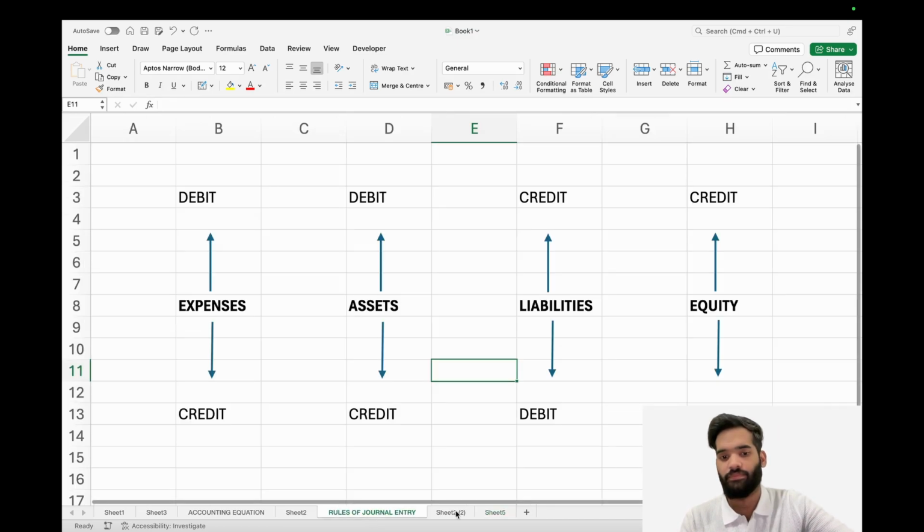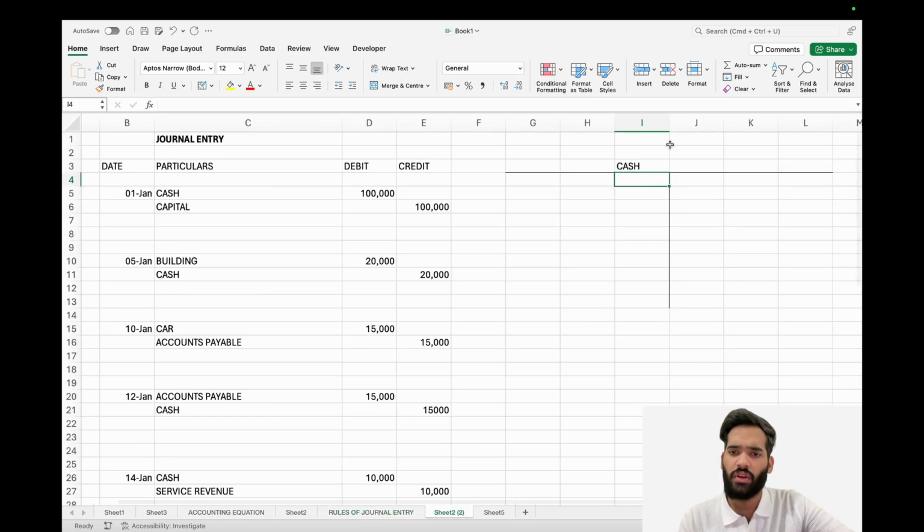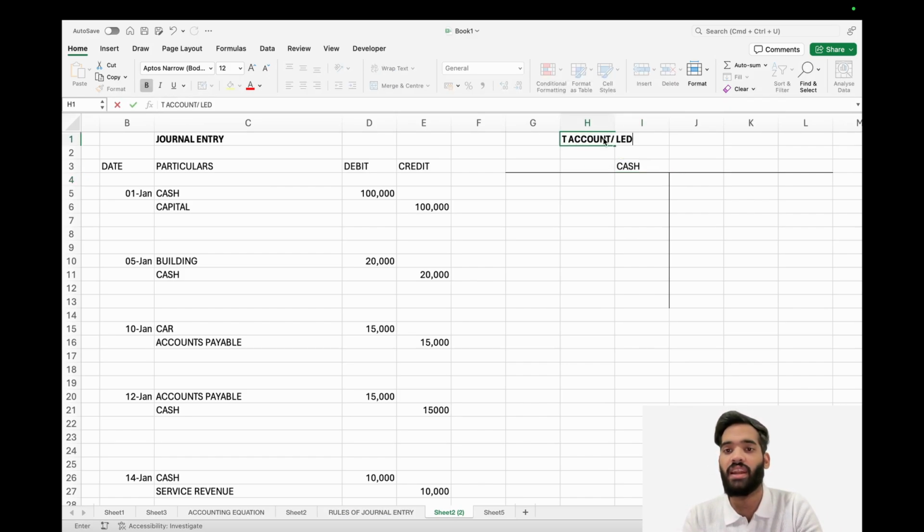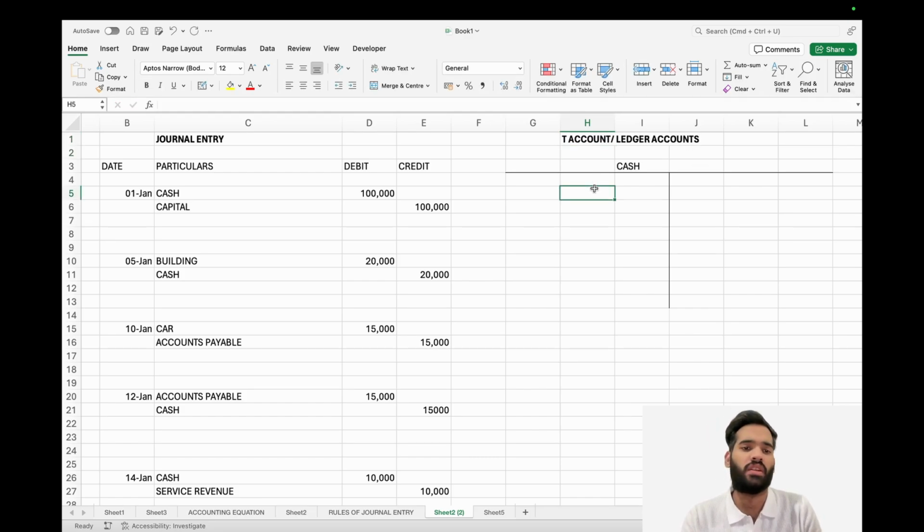Okay, so let's calculate cash. How do you do this? Now again, this is called the T accounts, and these are also referred to as the ledger accounts. It's always good to know all of the terms we use. All right, so if you're doing a cash T account,